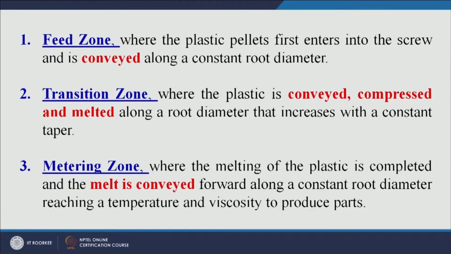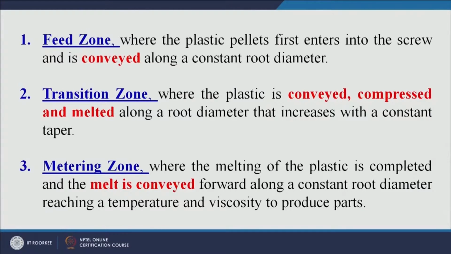That is all. The screw will be rotating at an RPM, and it will be constantly pushing the molten plastic towards the nozzle. So that will be conveyed forward along a constant root diameter, reaching a temperature and viscosity to produce the parts. Now if you see the screw length, initially solid pellets are received, transition zone melting started, metering